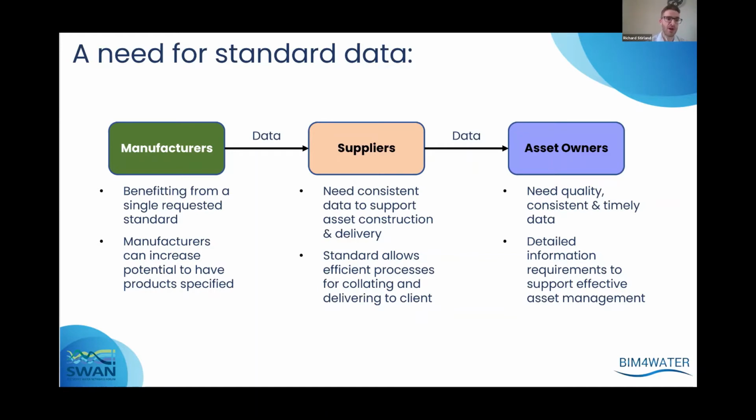And manufacturers will benefit from a standard as they only have to provide data in a single standard way, rather than in different ways for different clients in the industry. And as Jamie has alluded to, those manufacturers who can provide data in a standardized format, they'll increase their potential to have their products specified by the supply chain.